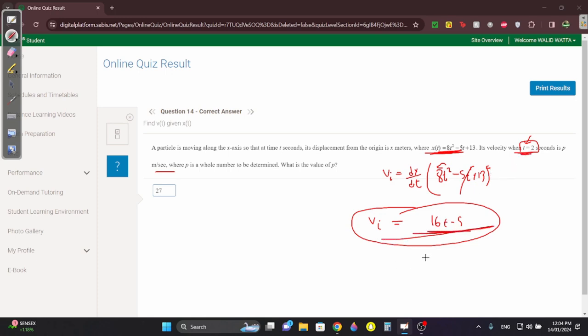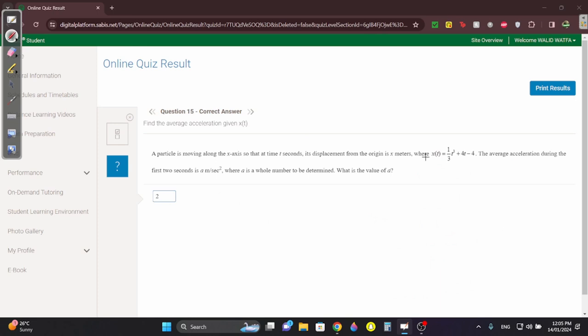Here they want t equals 2 seconds. So what do you do? You substitute 2. 16 times 2 minus 5, which is 32 minus 5, which is 27. Yeah, 27. Okay, again, they gave us a particle on the x-axis, and they gave us x of t is 1 over 3t